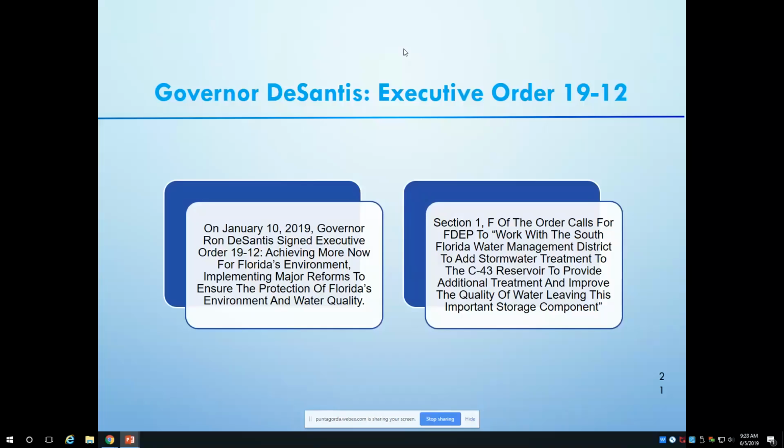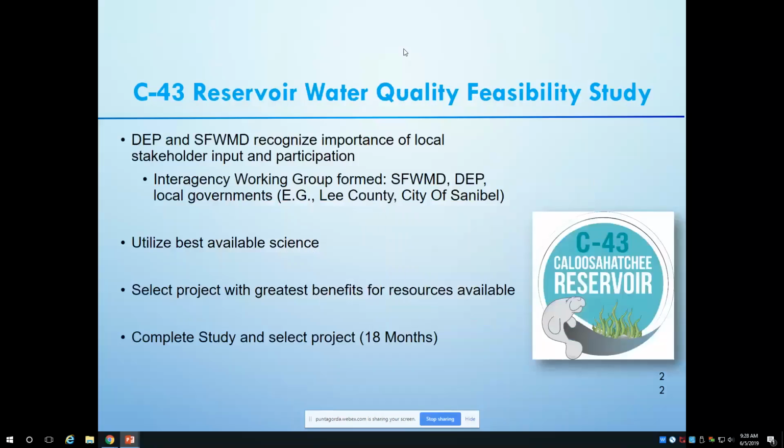And then the order specifically calls for DEP to work with the South Florida Water Management District to add stormwater treatment to the C-43 reservoir to provide additional treatment and improve the quality of water leaving this important storage component. So you'll hear that a few times today. That's specific language in the order. And so the mechanism for developing that water quality treatment component is the C-43 Reservoir Water Quality Feasibility Study. And in developing the framework for that study, DEP and the Water Management District